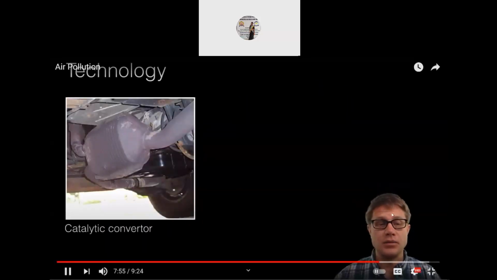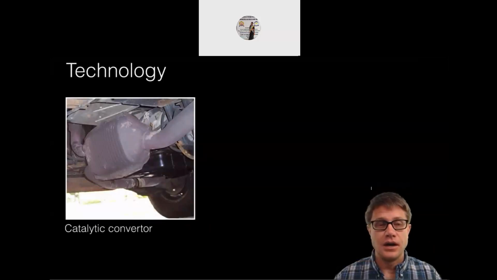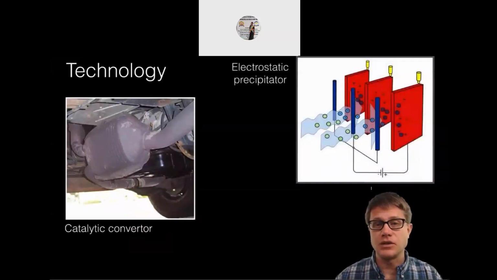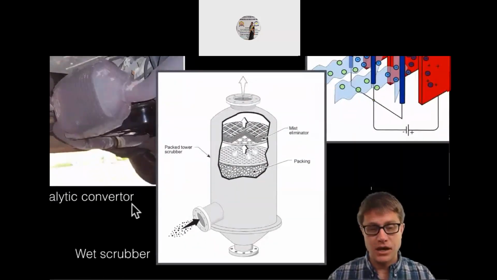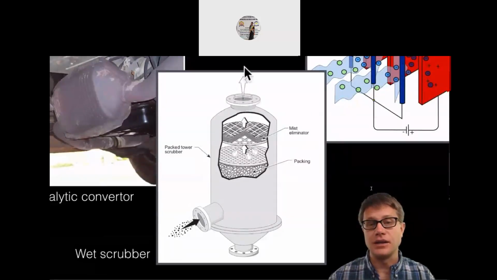Technologically, we can use a catalytic converter. This is essentially grabbing onto that nitrogen dioxide and carbon monoxide that's produced in combustion. We can then use mechanical filters or electrostatic filters like this. They'll produce a gradient and it grabs onto some of these pollutants. We can scrub the air, and we can use wet scrubbers as well. As the polluted air goes in, we have a mist eliminator. There's water here, and that water will grab onto a lot of those chemicals. They'll move down into this packing material, and then the clean air is going to go out the other side.